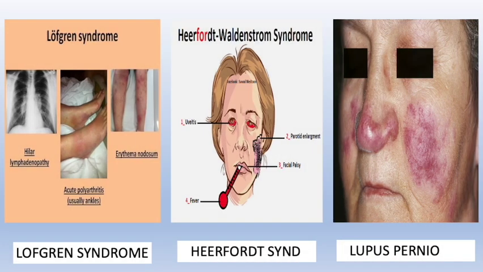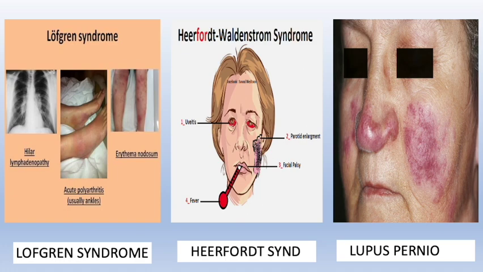So this is what the 3 most probable syndromes look like, which do not need any further testing. The first is Lofgren syndrome, which is a combination of hilar lymphadenopathy, acute polyarthritis. Look at the ankles and you might see an inflammation, and erythema nodosum over the shins. Heerfordt-Waldenstrom syndrome,